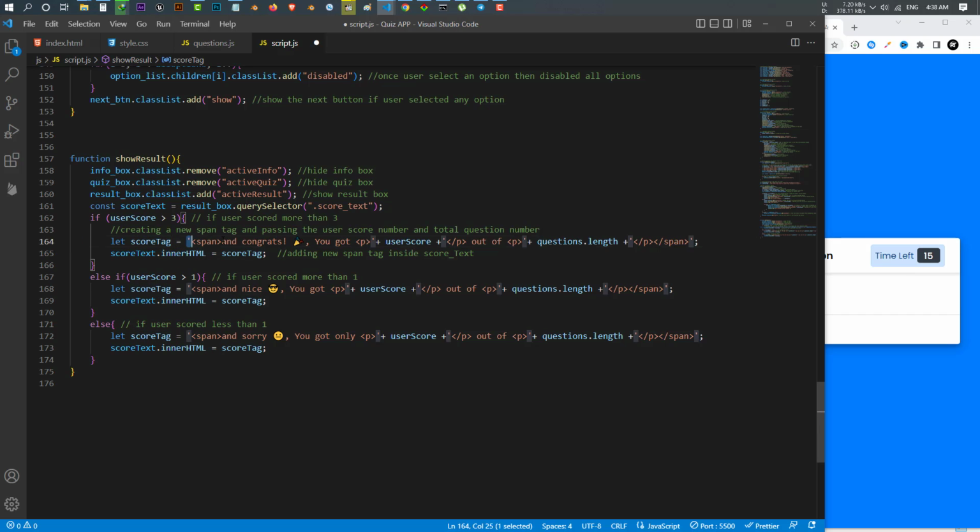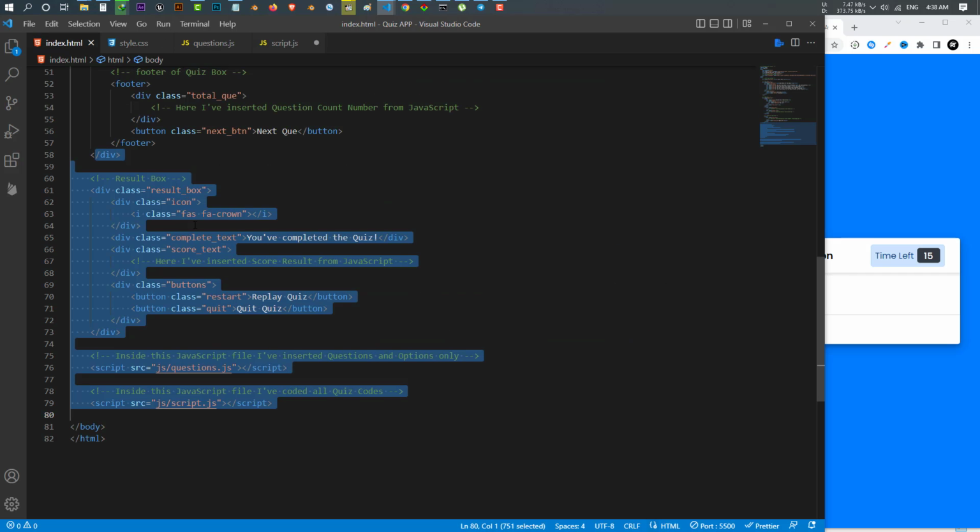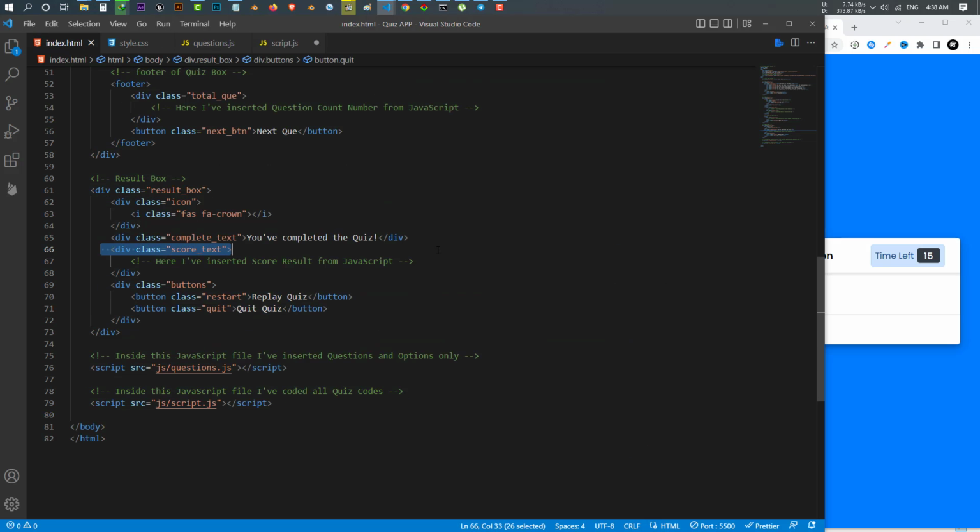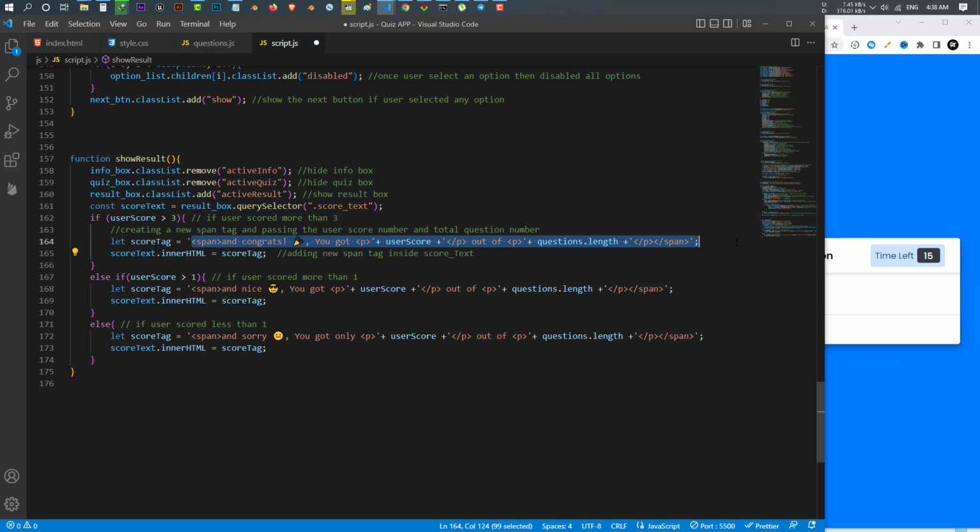to the score ticks. What is the score ticks? This is the score ticks. Okay, I want to put this message to the score ticks that you performed good, the congratulations, and etc. And we also display the user score and question length. If the user, else if the user score is more than 1,